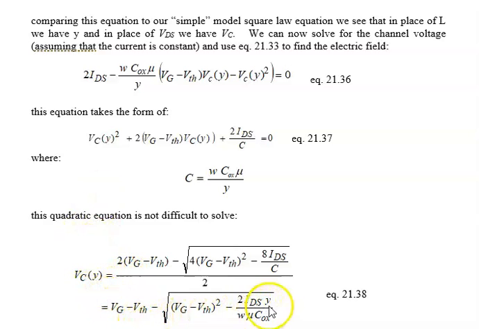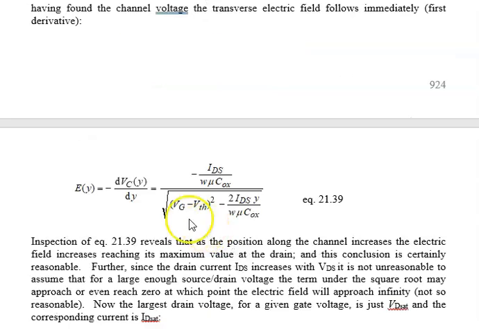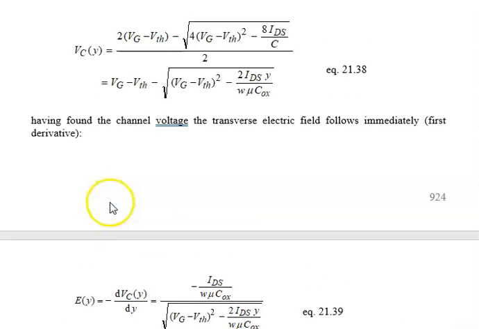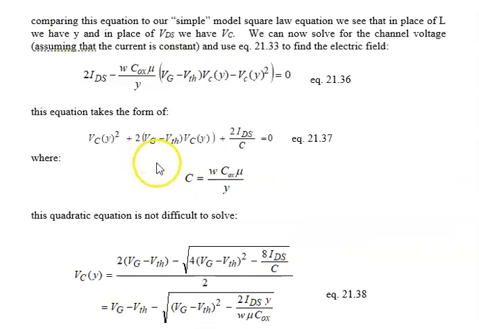And here it sits, right? And these are two lines. This is the first line, and then we simplify it, and this is what we get over here. This is the channel voltage as a function of y, and that's a big deal. So here I put in the minus sign explicitly. Here it should be because it conforms to our previous equation. And here sits the electric field as a function of the derivative.